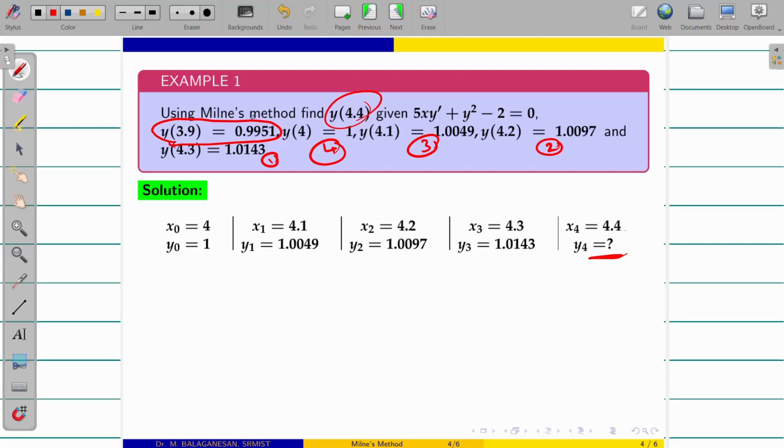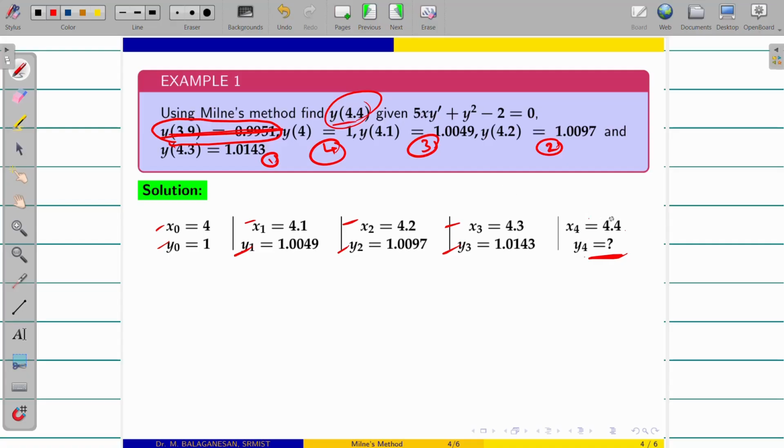To confuse you, additionally, they may give the 5th one also. They're giving the 5th one, omit the first one. So totally it should be 4. Suppose instead of giving this one, if you are giving all the 4 boundary conditions, you will be on the safer side. You have to take all the 4 values for boundary conditions like that: x0, y0, x1, y1, x2, y2, x3, y3,